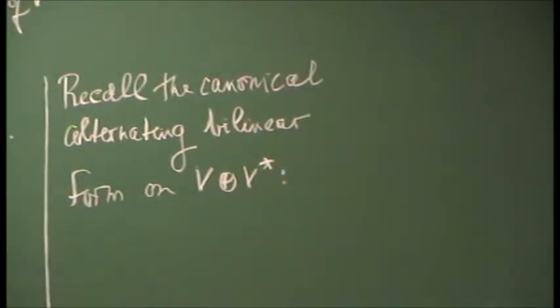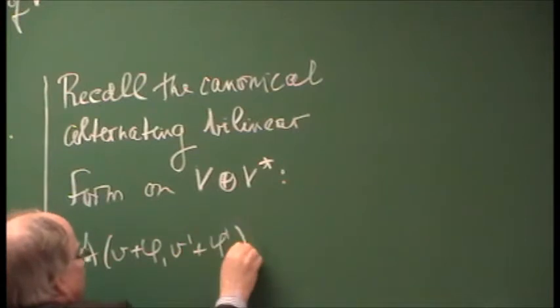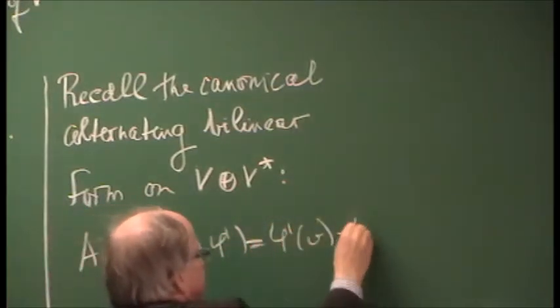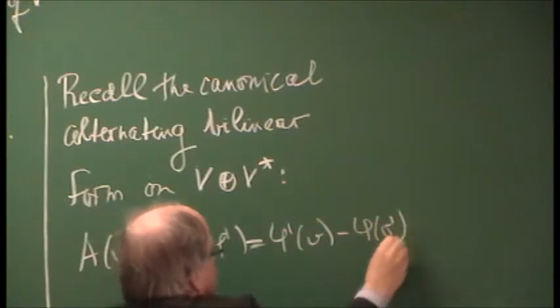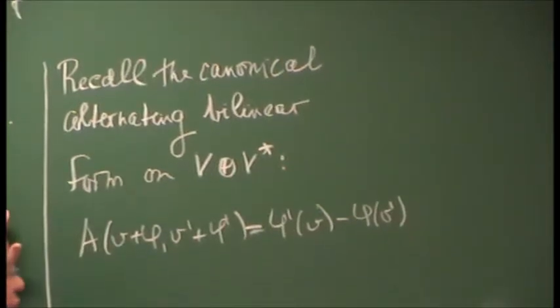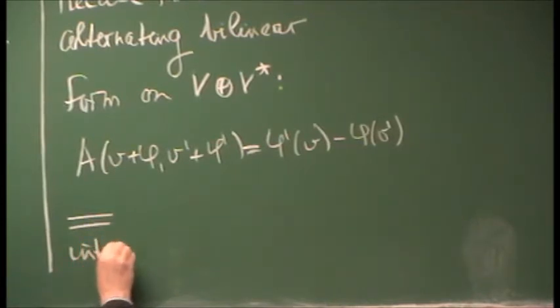This alternating form is the same thing, that's what I want to say. So remember, I wrote it many times, but I'll write it again. So it's the canonical alternating bilinear form. And this is a linear 2 form. So this, as interpreted as a differential form,